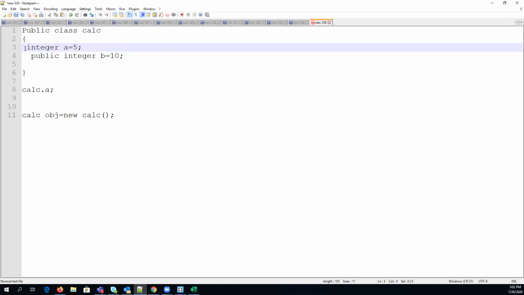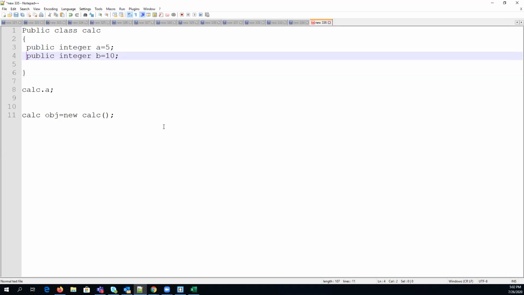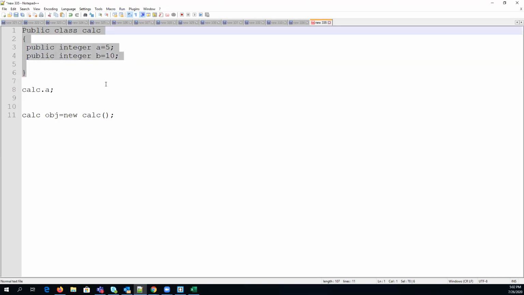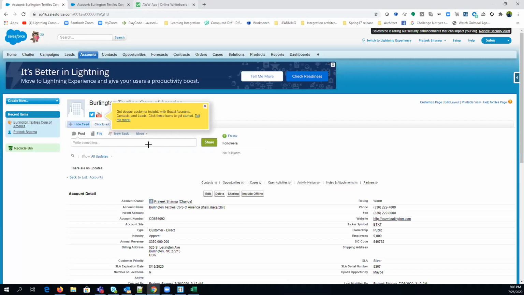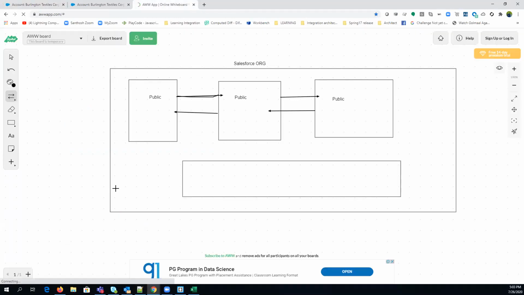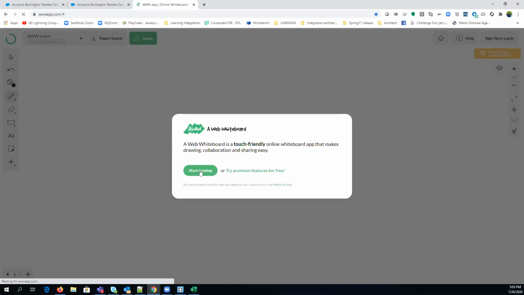So actually, the Salesforce Force.com platform compiler will check whether whatever you have written in this class is syntactically correct or not. At the time of save, if everything is not correct, it will throw an error. You have to correct that before saving it into memory. But there are two types of memory that will be used at the time of saving this class. Those two types of memory are called heap and stack. Basically, the managed heap or unmanaged heap. So it is up to you how you want to explain it.